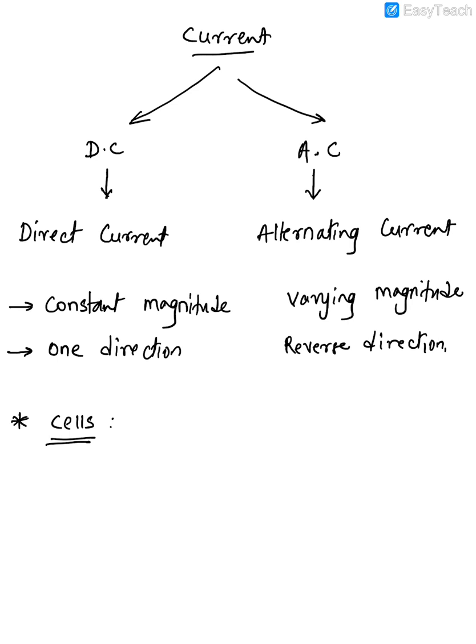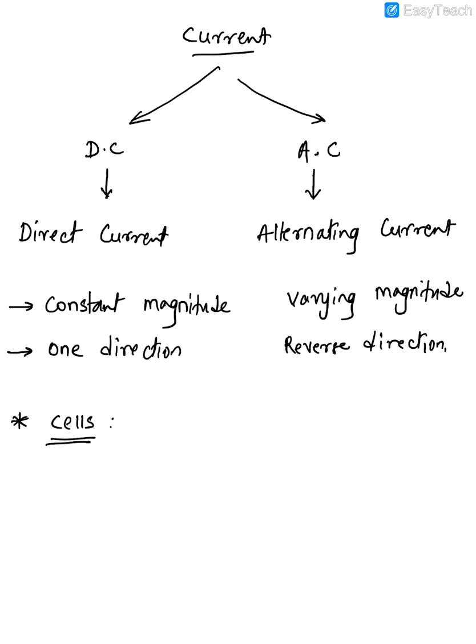AC means alternating current, the current which you are using in your house, like for tube light, fan, whatever daily appliances. The current which you get from your mains is called AC, an alternating current. So when you read the chapter, you'll realize that they haven't given much about AC, though I have written just the differentiation. In fact, you don't even have anything about AC in your textbook.